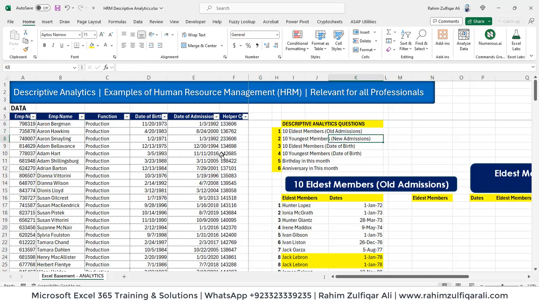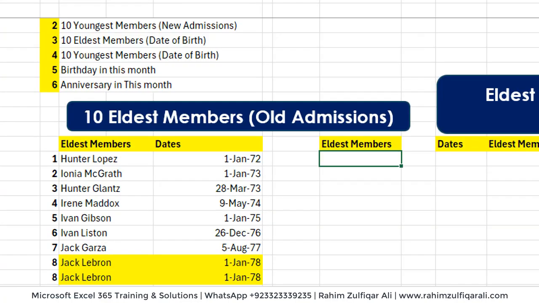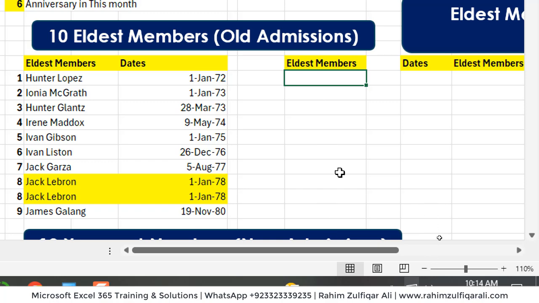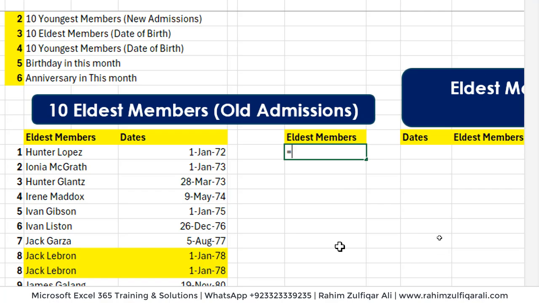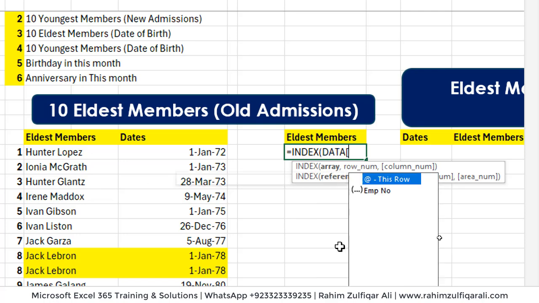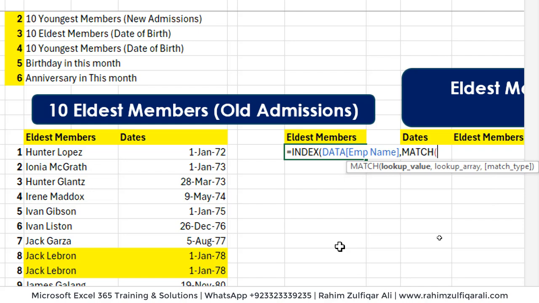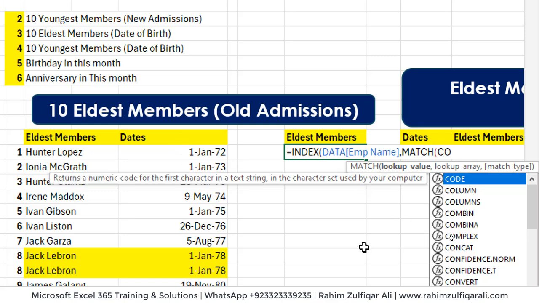Now with this particular logic we will be applying INDEX and MATCH. Okay, so let's find the eldest members here now with the new logic. Equals INDEX, and as the array we need the member names or employee names from the data table. Then MATCH: what we need to match is this particular date, but in a different style now. So we need to add the COUNTIF